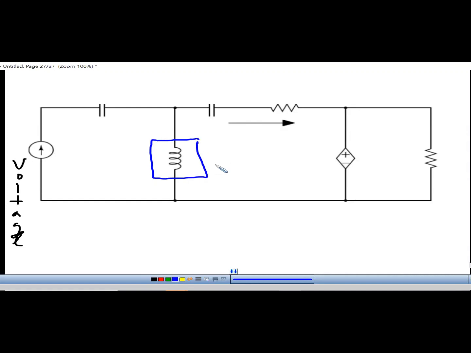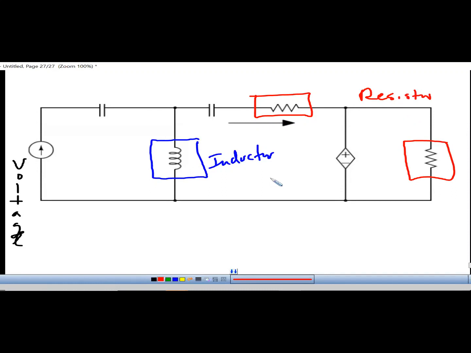It's called the inductor. Inductor, that is correct. All right. How about these, Danny? Resistor. Resistor. All right. And last but not least, guys, these are called